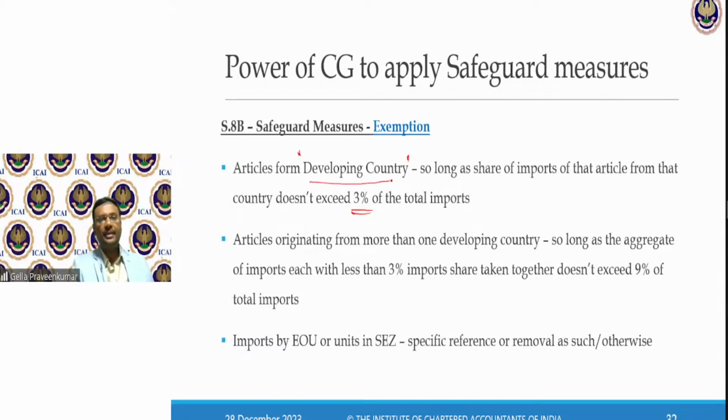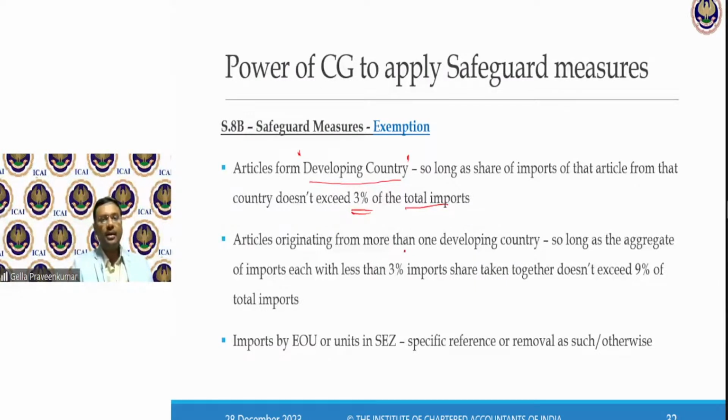So where do I find developing countries? I gave an example, where Singapore, Mauritius are there. There are countries which are identified for this particular purpose. They say individually, out of total imports, imports from that country should be maximum 3%.